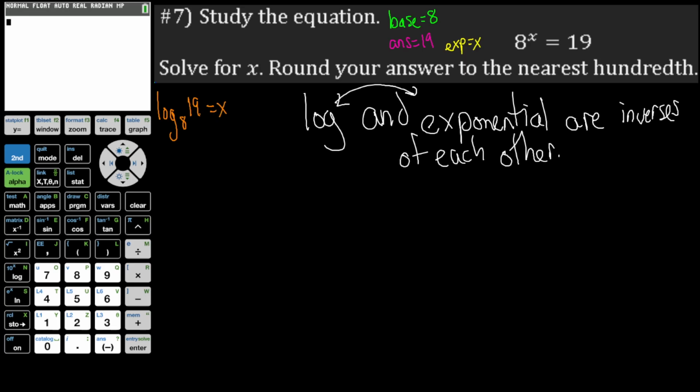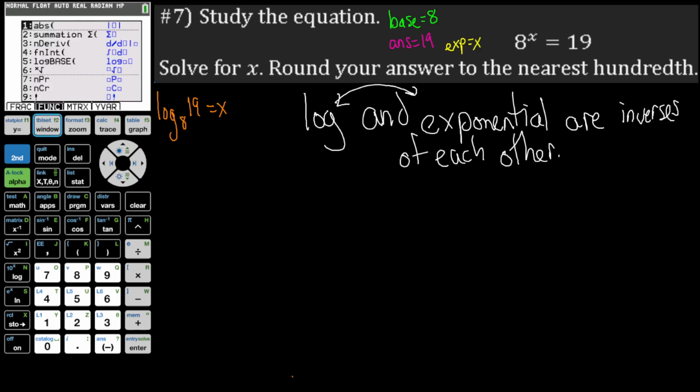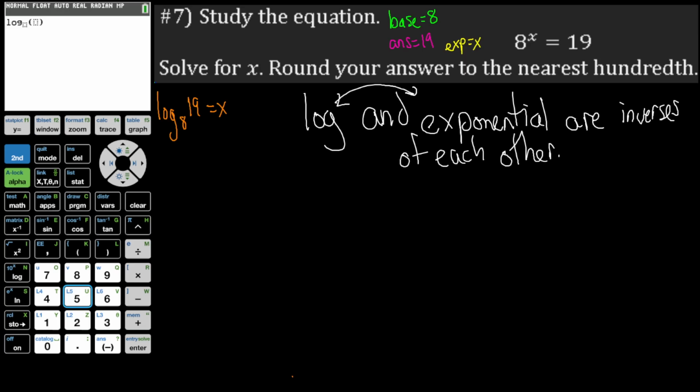And so what I'm going to do now is, in your wonderful graphing calculator, I can take alpha window 5 and you'll be able to pull up this log. So alpha window 5, have log base 8 of 19, and I need to round it to the nearest hundredth. So in my answer, I'm going to have x equals